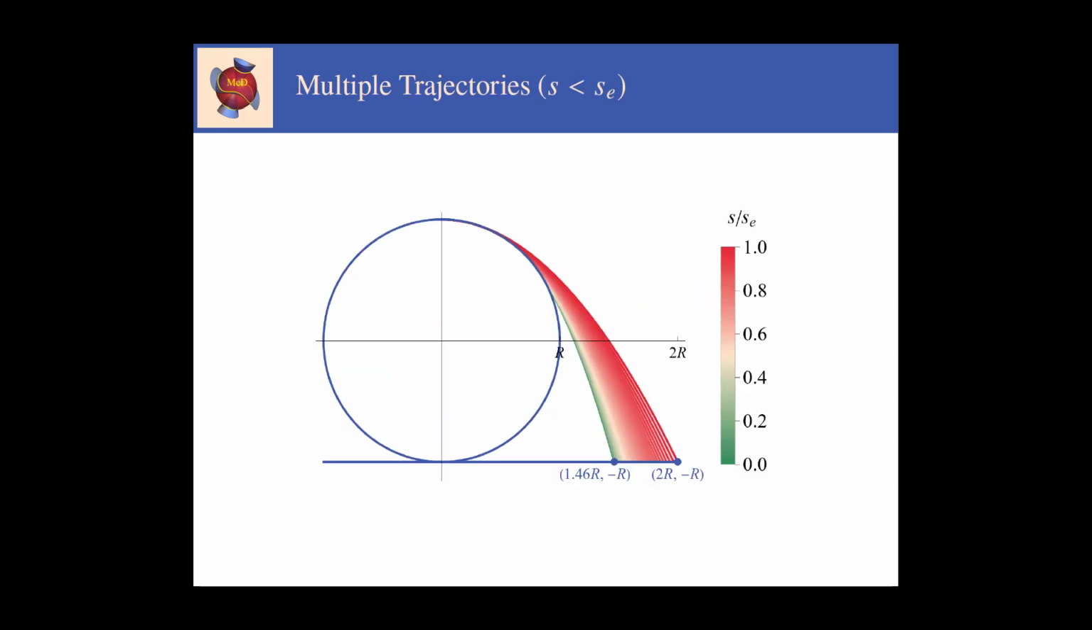And finally here we show several trajectories for different values of s between 0 and the escape speed. All right, so you can see for small values of s, the green trajectories are all sort of compressed to the left, and then they spread out for the red ones. You can also see the minimal range there is about 1.46 r, and the maximal range is about 2r. And here we have now completed our discussion of